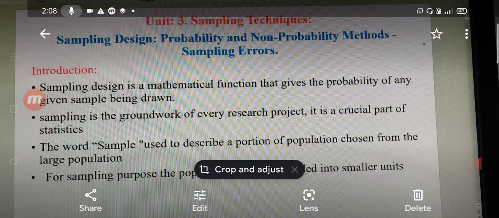That is why sampling is the most important tool to conduct social science research particularly. The word sample is used to describe a portion of the population chosen from the large population. For example, if we want to conduct a survey on